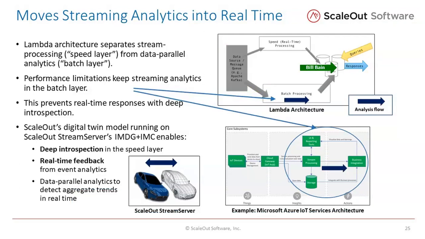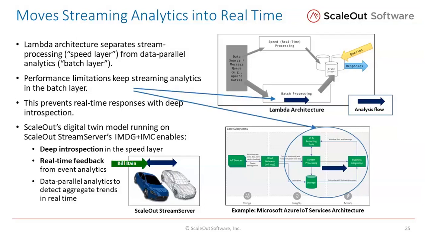And if you look at just one example of that, this is the Azure IoT Services architecture. You see there's an IoT hub here which is receiving events from devices and then forwarding them to streaming analytics, which again is pushing them into storage and processing them offline for presentation typically to humans. So what you really want to do is do this data parallel processing live in real time, provide real-time feedback, not just feed it forward to users, to analysts for offline processing and analysis, but to feed it back into the live system with very low latency so that you can steer behavior in real time and improve the efficiency